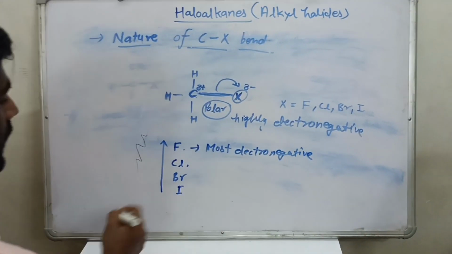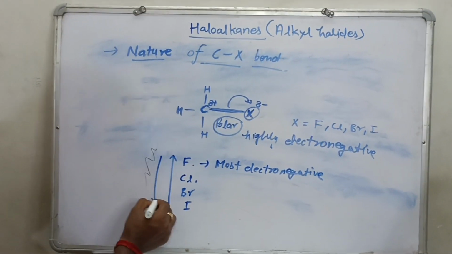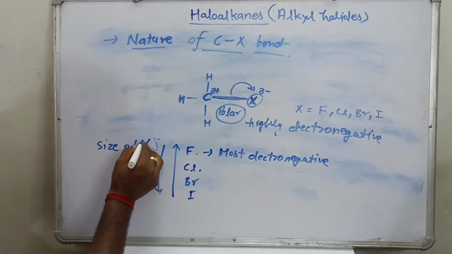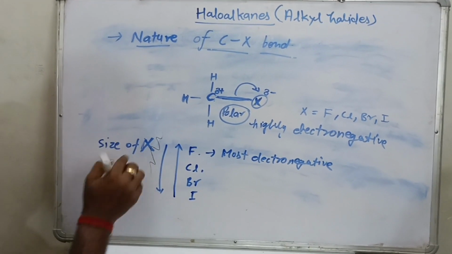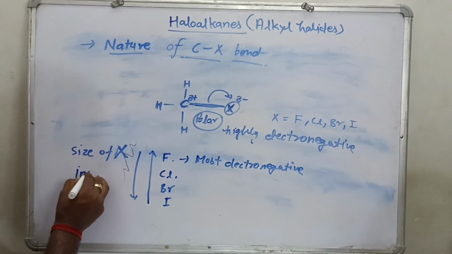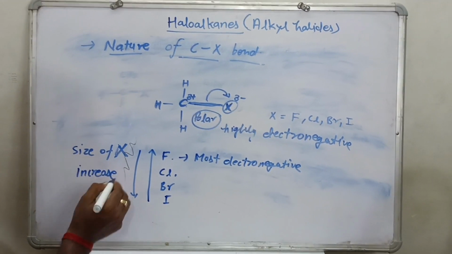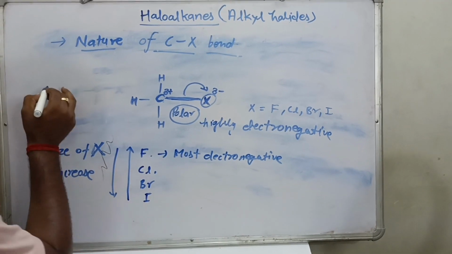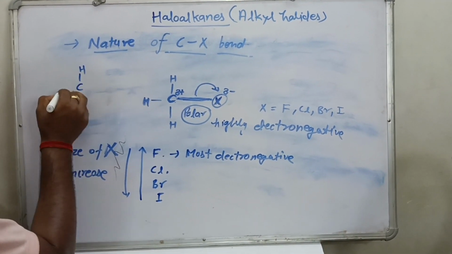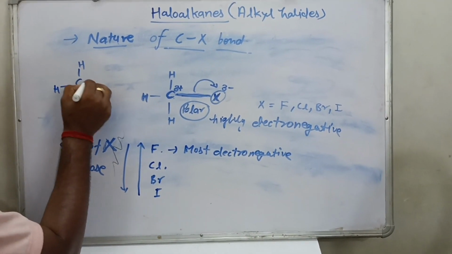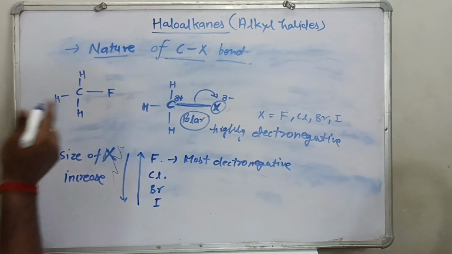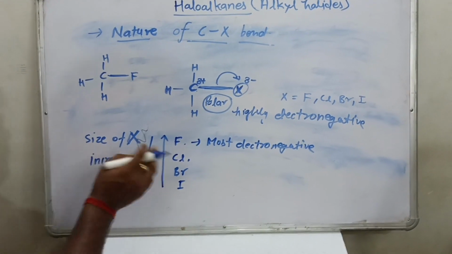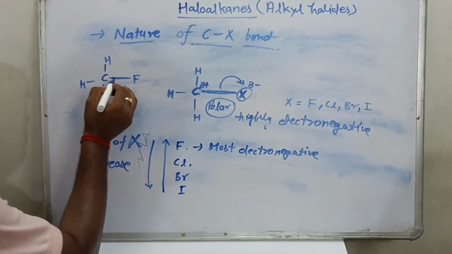Fluorine will be the most electronegative, and the size of halogens will increase from top to bottom. So when talking about the fluorine atom, which is attached to the carbon atom, due to the higher electronegativity of halogen atoms, this bond